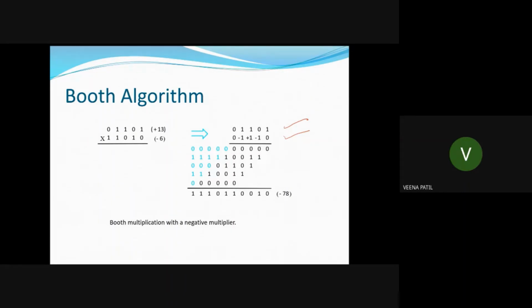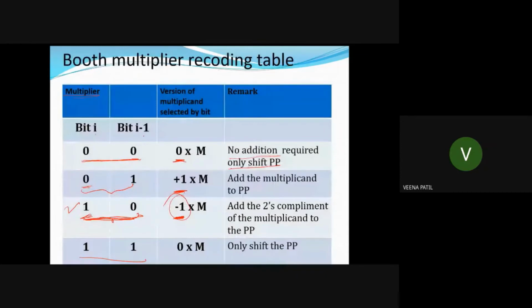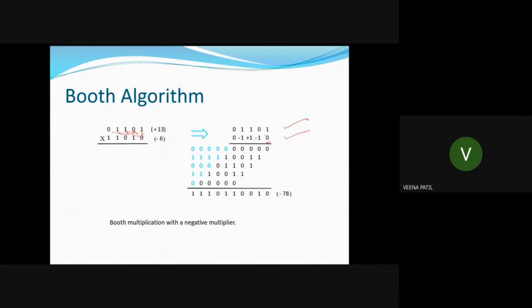Now as I perform simple multiplication, multiplying 0 with the other bits, I have to see the bits here. So the first bit is 0. Now if you can see in the table, if it is 0, what am I doing here? Only shift the partial product. No addition has to be performed. So we are simply writing it as it is, as this is the first bit. So 0 0 0 0 0. I have written 5 bits.